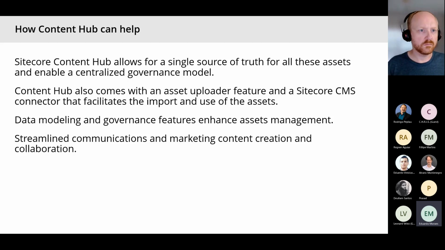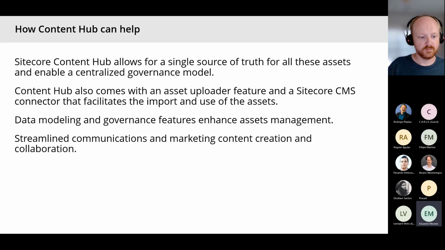For example, you can create an attribute for whatever that asset is pertinent to, a particular department or a particular gender, year, whatever different attributes you want to have in place. You can model that into your asset schema, and that will facilitate the life of people working with those assets.